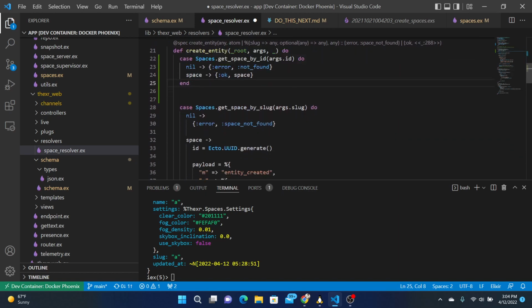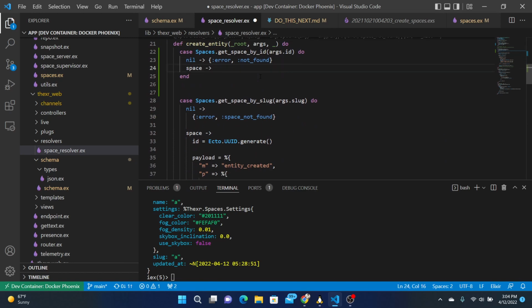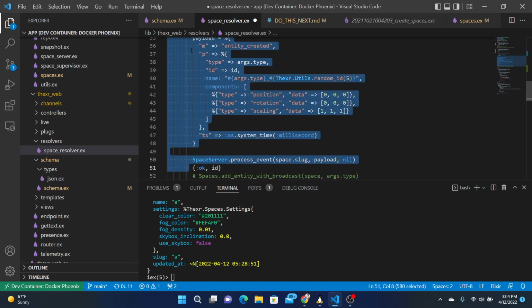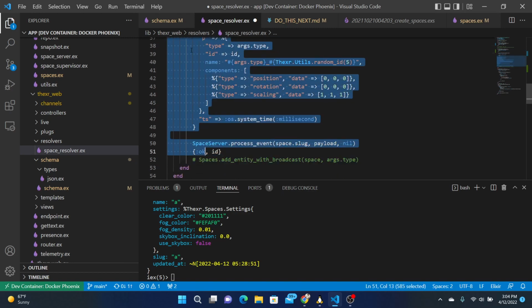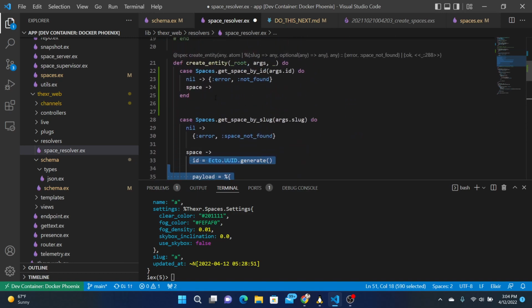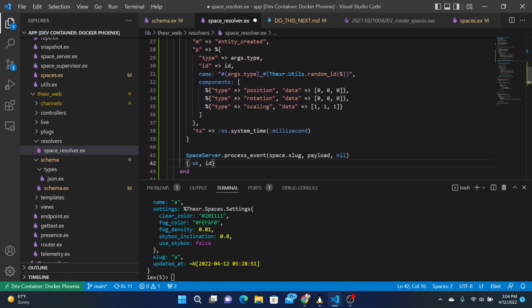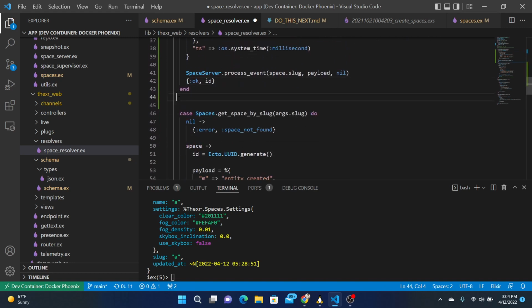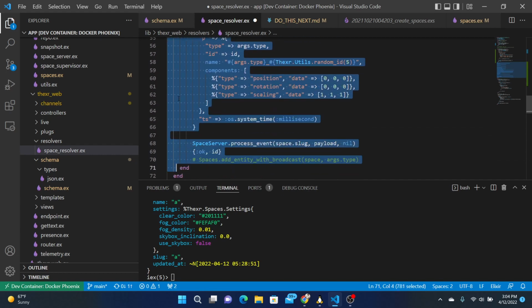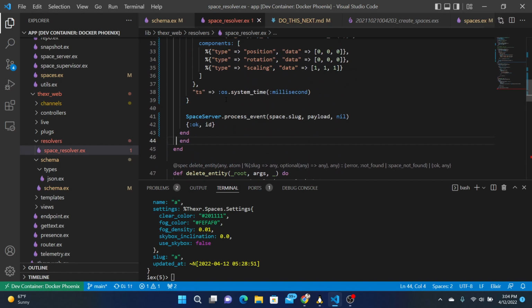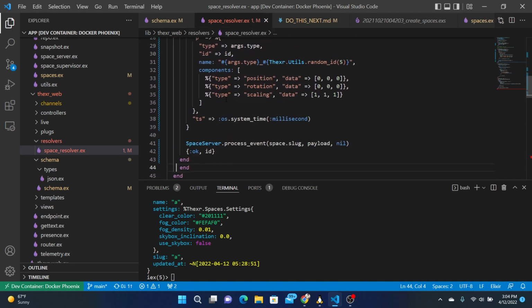We'll do that, and then under the space, we'll do all of this stuff. That here, ID, this. Case.